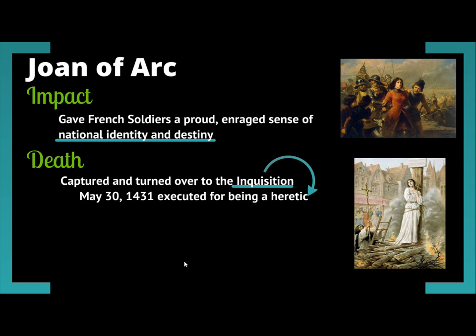And basically she's like, God is behind us. God is with us. We are French. We are proud. We can't just lay back and let the English take over our land. So she actually leads so many successful battles, which helps the French create like a turning point in war. Unfortunately for her, though, she's going to be accused of being a heretic, so going against God.